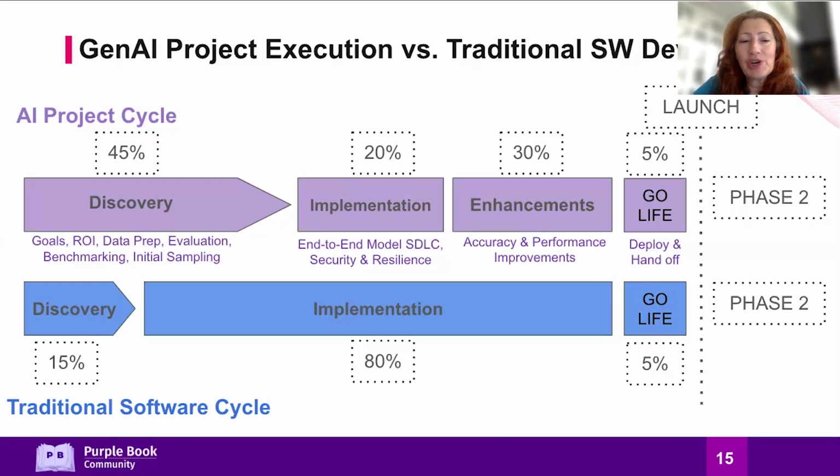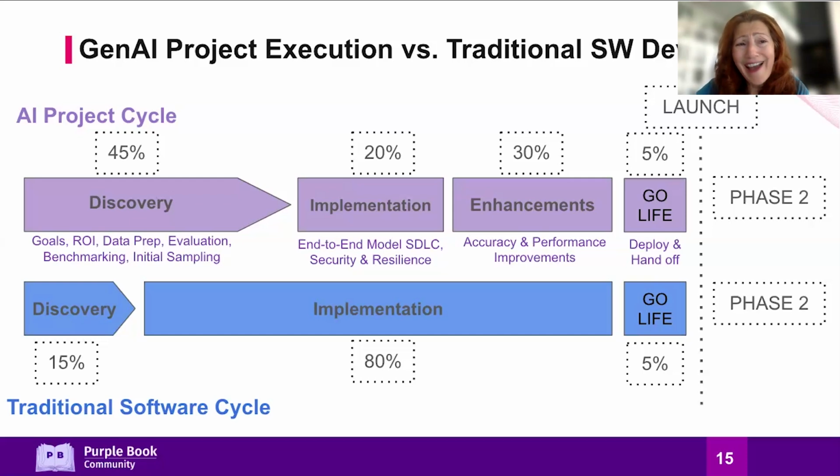Now, in the traditional software cycle, we have a discovery. Okay, we have requirements gathering, validation of the market, competitive, ROIs. That's a pretty standard. And then the biggest portion of the time we spend on actual implementation, development, testing, and then we have some time for go live, training of the users and stuff like that, and basically moving to production.